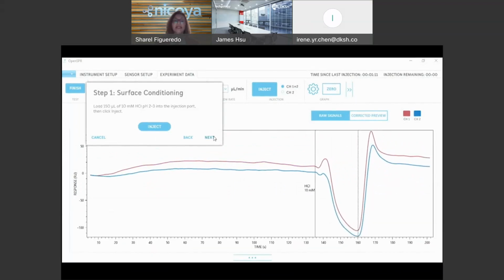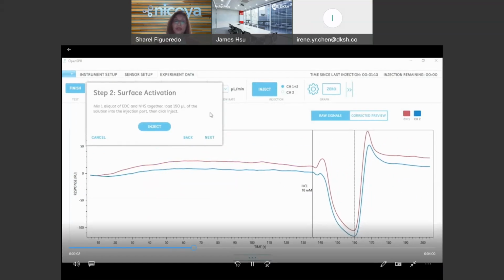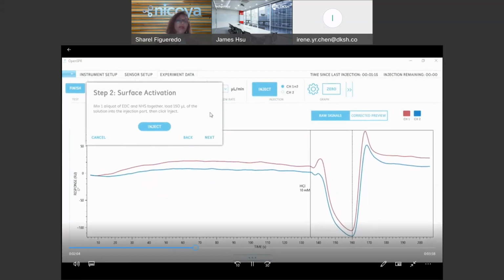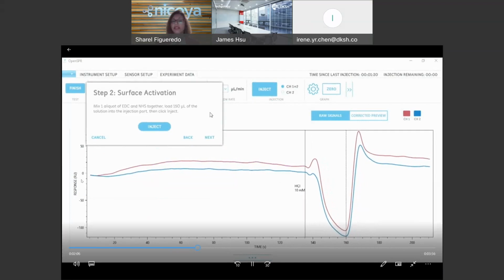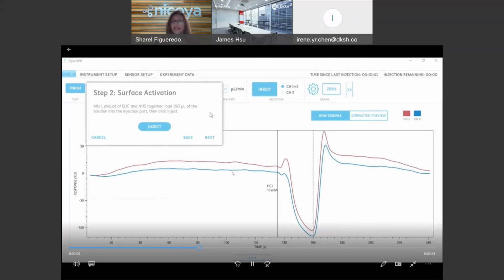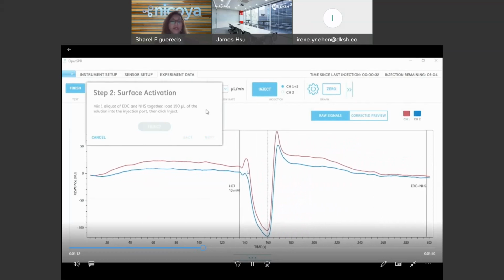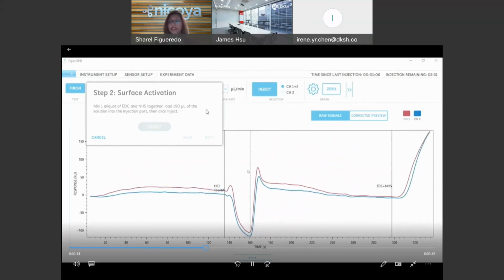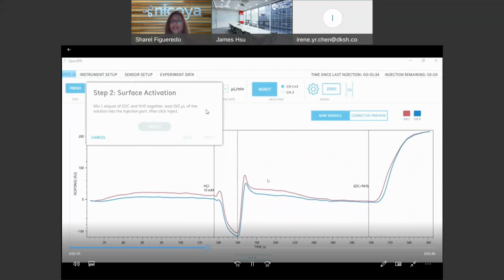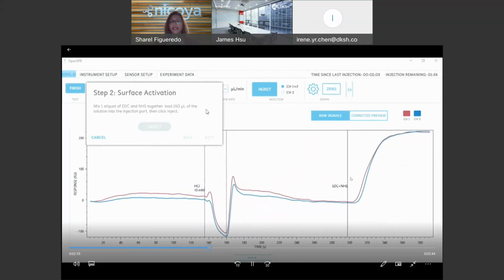And so we are looking at the response. On the left-hand side, on the y-axis, you can see the response units. We're just looking at signal increase or signal decrease, depending on whether you have association or dissociation occurring. As the buffer is flowing through, you can see the next